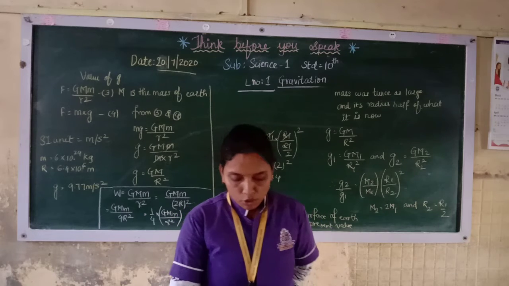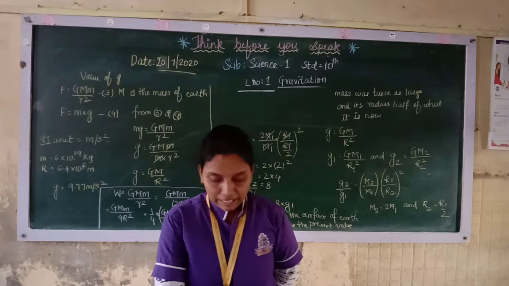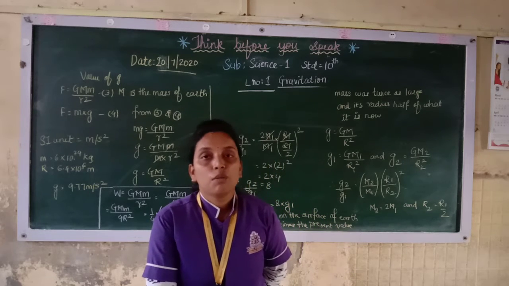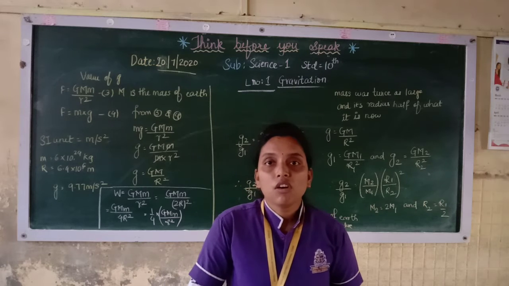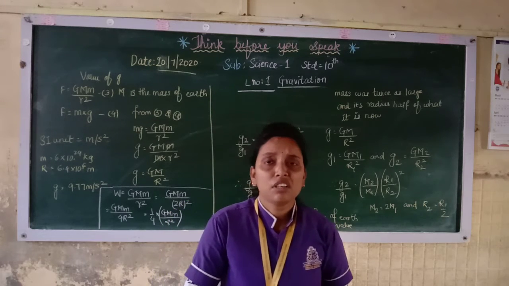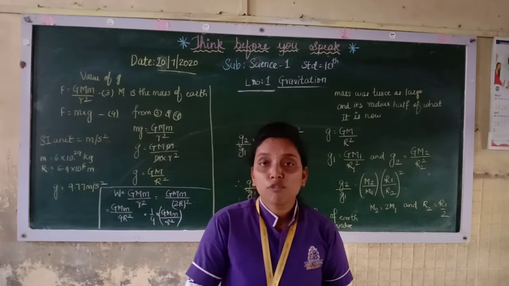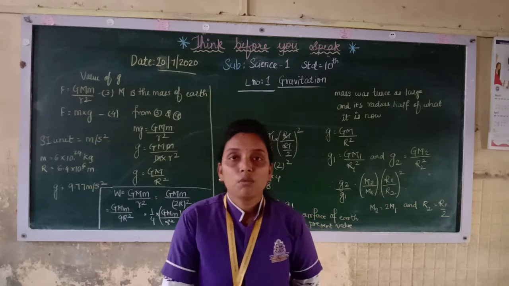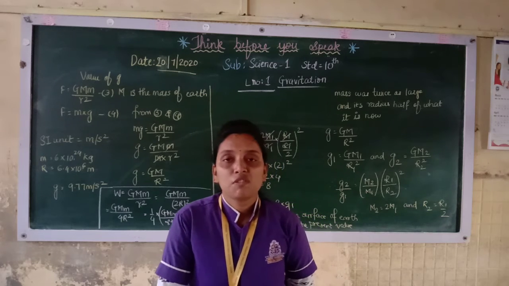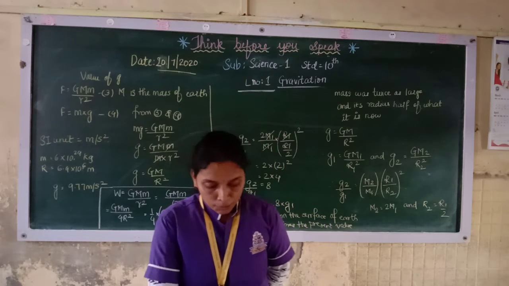The gravitational force due to the earth also acts on the moon. See, on the moon also it acts, because of which it revolves around the earth. Because of this force only, the whole solar system and the galaxies are moving, because there is a force of attraction, a gravitational force between them. If there had been no gravitational force, there would have been no formation of the solar system, galaxies, etc., and we wouldn't have existed.